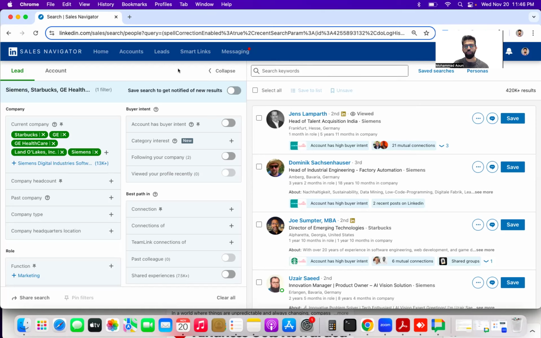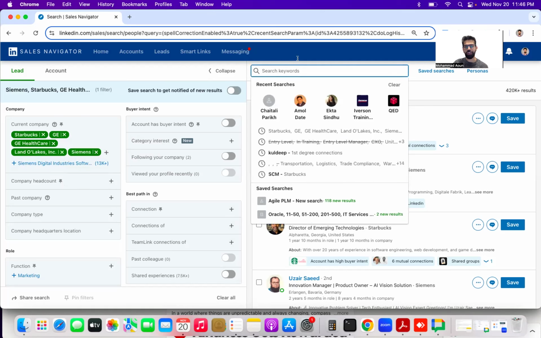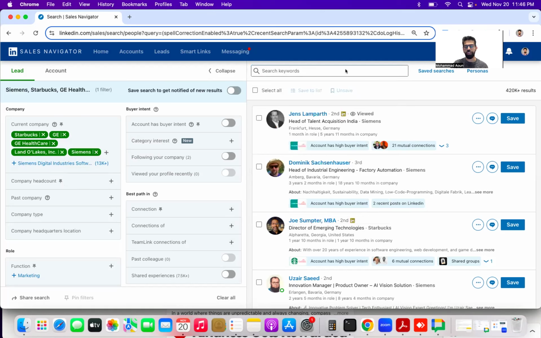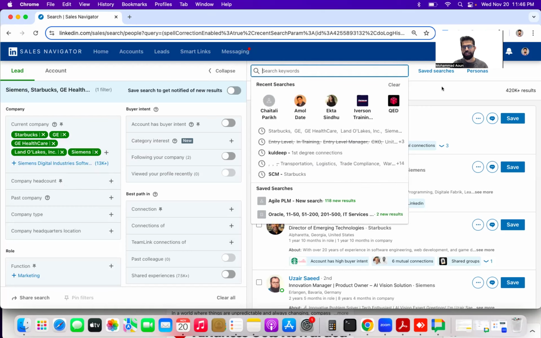So for the sake of example, I've selected just a few random companies that I know are using Oracle implementation so that we can apply a couple of more filters and see what type of data we come up with. So all of these companies are Oracle shops and they use multiple solutions of Oracle. Now, I want to demonstrate to you, first of all, the most important thing is the keywords that we enter here, because based on the keywords that we enter here, we can really create a targeted